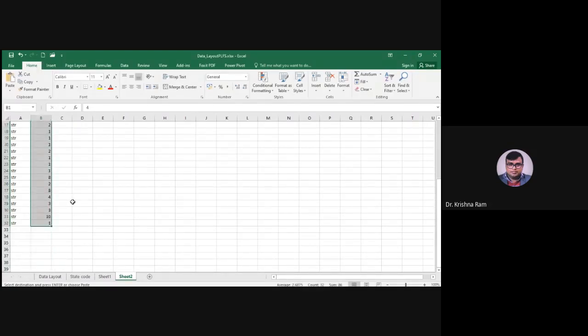Because what happens sometimes, NSSO use a formula to get this number. So once you copy it and paste it here without using this number option, you may get an incorrect number here. So avoid that error. What we do, we paste it as a number. Then